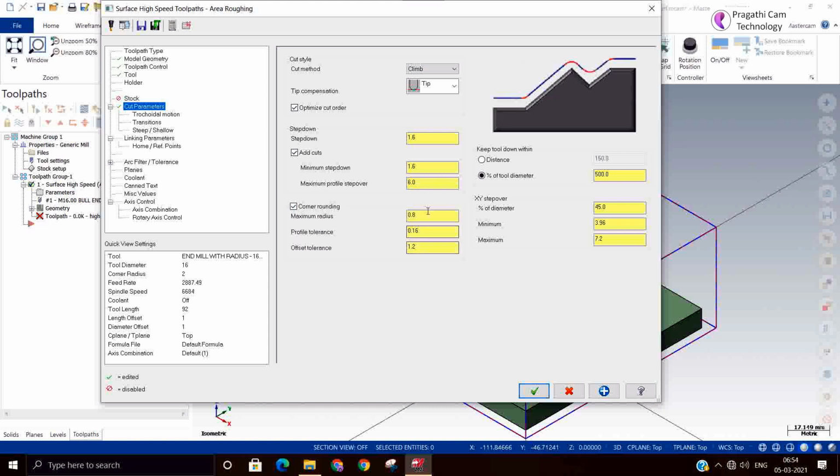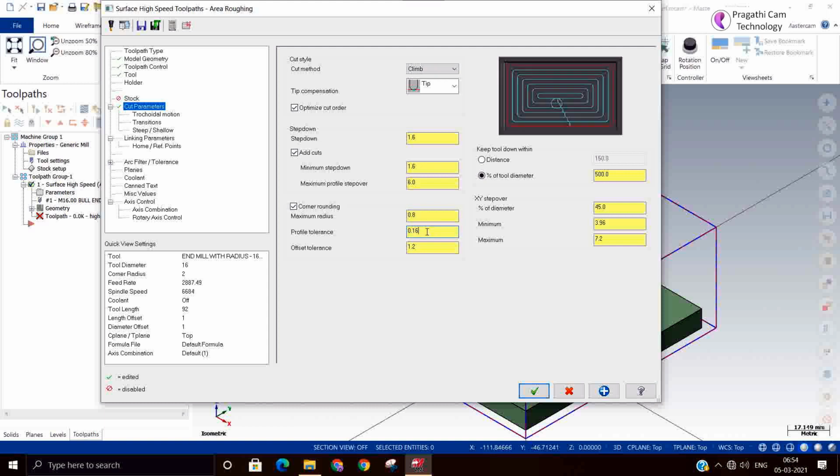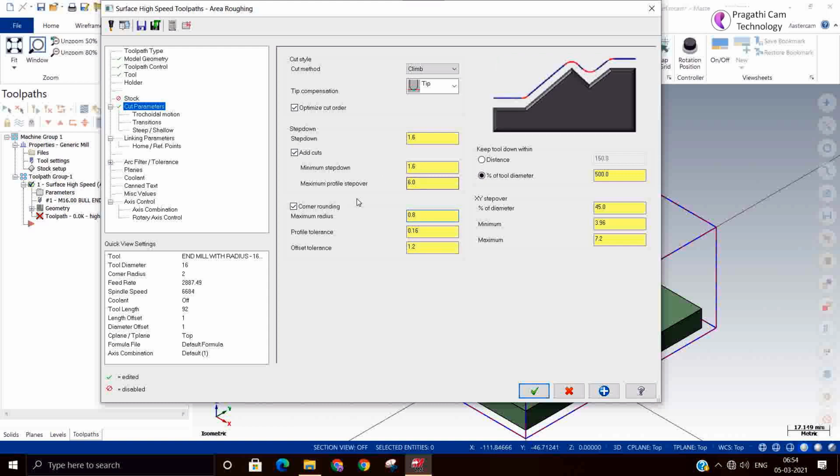Here you can see the sharp turning on the corners. So minimum radius, profile clearance, profile tolerance. Additionally, corner rounding is added in order to save the tool at the sudden turn. Step out percentage is 45 degree.